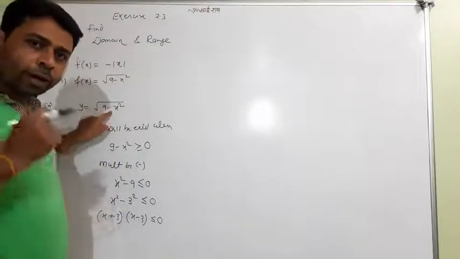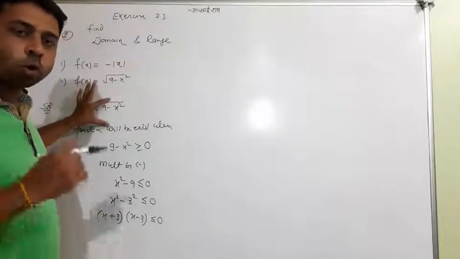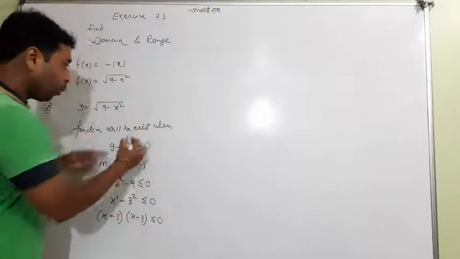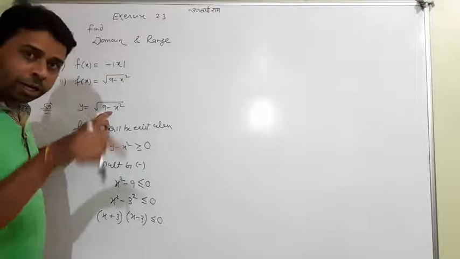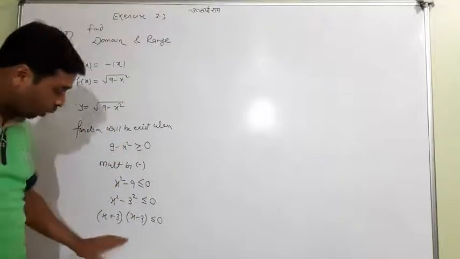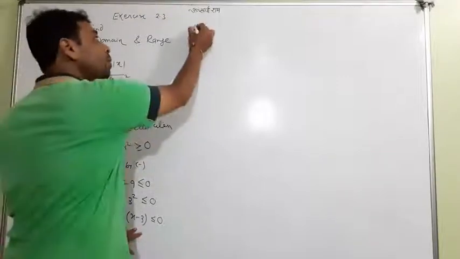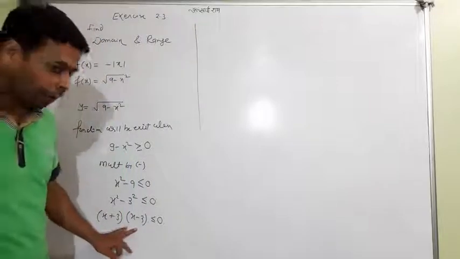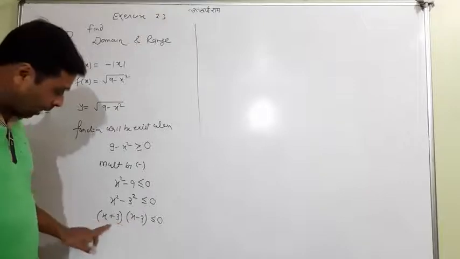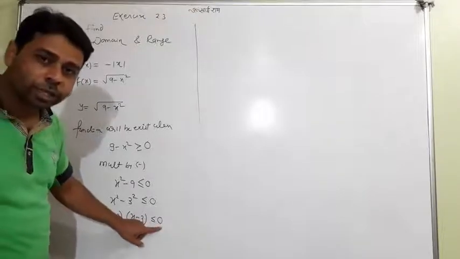I wanted to find the values of x for which it exists. It is called the domain. So the function will exist when 9 minus x square, which is under the root sign, is positive or equal to 0. And you have simplified it here. So how can we find the value of x from here? This again carries a very important idea, a very important method. Look, I first tell you these are 2 factors, and the multiplication of these 2 factors is less than or equal to 0, meaning it is negative.